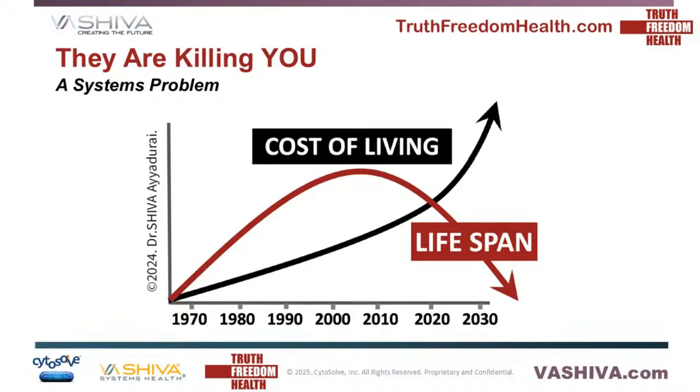All right, so let's continue. What motivates anything that we do at Truth Freedom Health or Cytosolve or any of our solutions or anything I personally do is to recognize that those in power are literally killing people right now. And this is not hyperbole when you look at the data globally. Lifespan is actually going down, okay? The curvature of lifespan is going down, and the cost of living, which means the ability for people to survive,